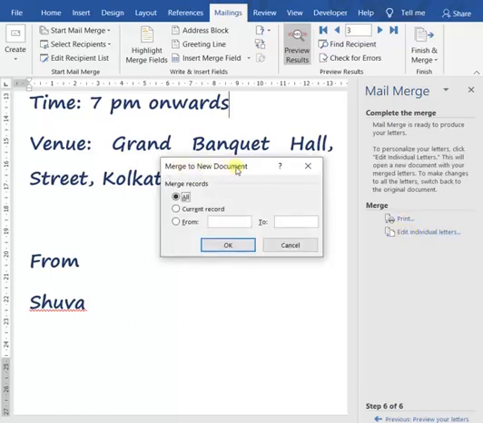So the merge to new document window appears. Here you can either merge all the records together or the current record, or you can give from record number 1 to record number 2 or record number 1 to record number 3. Record means the contacts. Suppose you want only the first two contacts, then you select from 1 up to 2, so the third contact will not be taken.